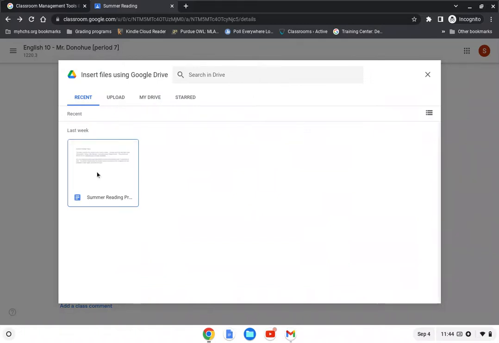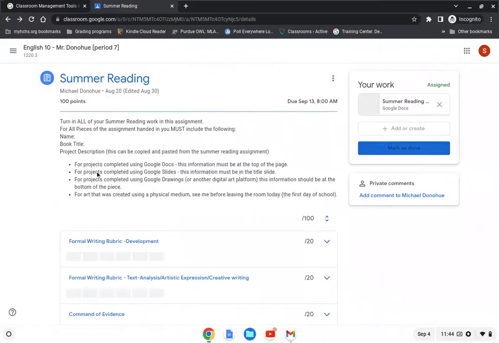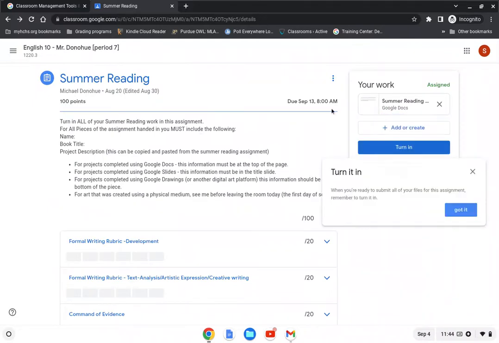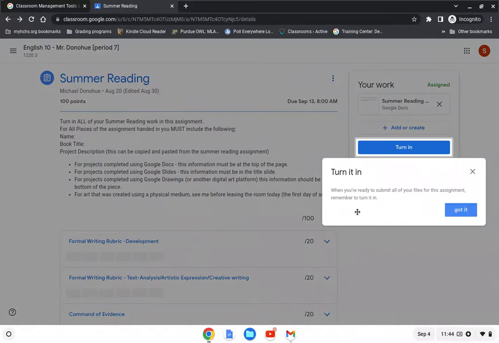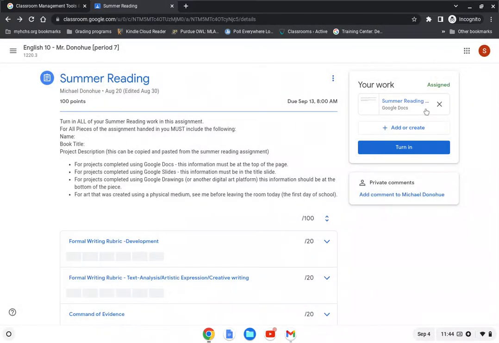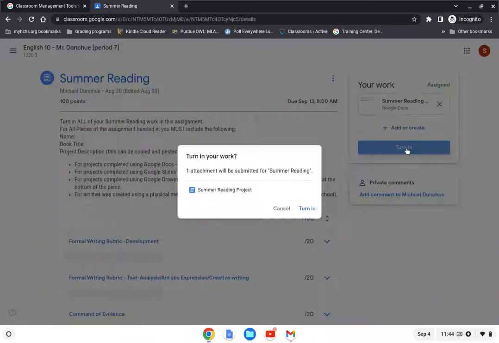And here's my summer reading project. I've done that. I'm going to double click that. And now you see here, when you're ready to submit all of your files for this assignment, remember to turn it in. So I've submitted my summer reading, all of them, to Mr. Donahue, and I am going to then turn it in. Turn in